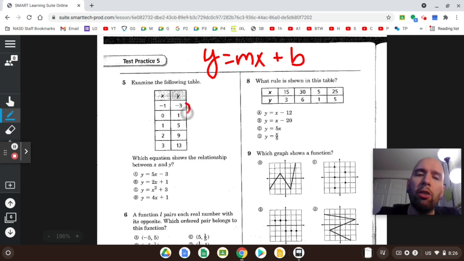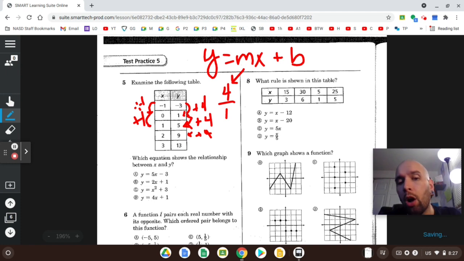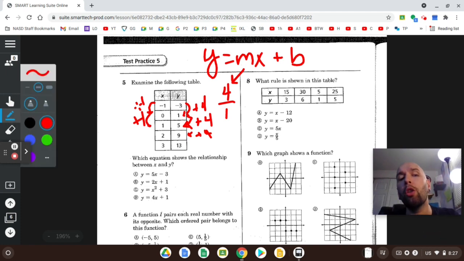So the change in y seems to be saying up 4. I add 4 every time I change y. And I add 1 every time I change x. So it looks like my slope is going to be 4 over 1. That's my slope, 4 over 1, also known as 4. I have my answer. The y-intercept